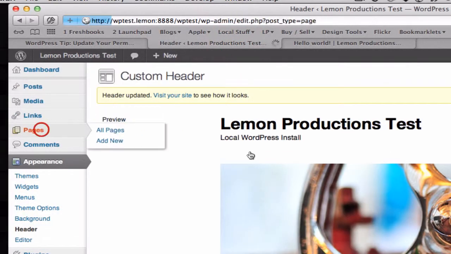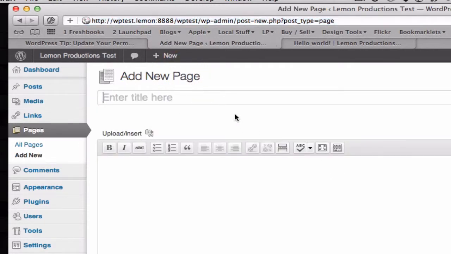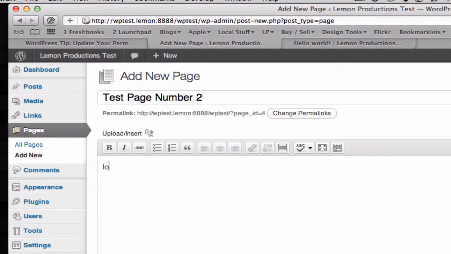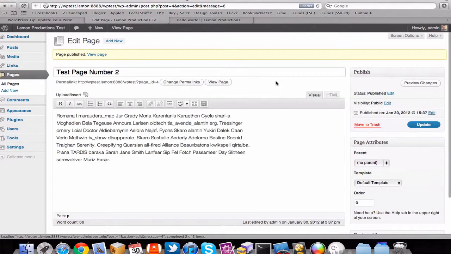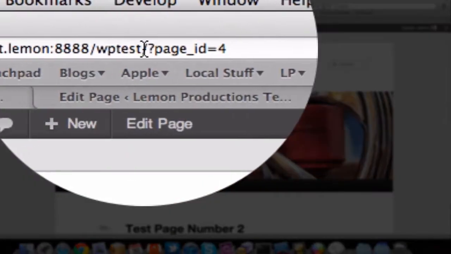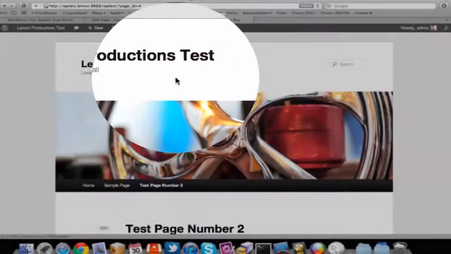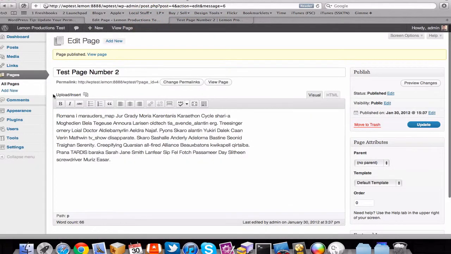And so when you go to a page, if I was to add a new one, even if I title it test page number 2, put some text in and hit publish, just hit refresh. Even though the title is nice and test page number 2, the actual URL is kind of ugly and doesn't really help me tell what is going on. So the way to change that, this is WordPress version